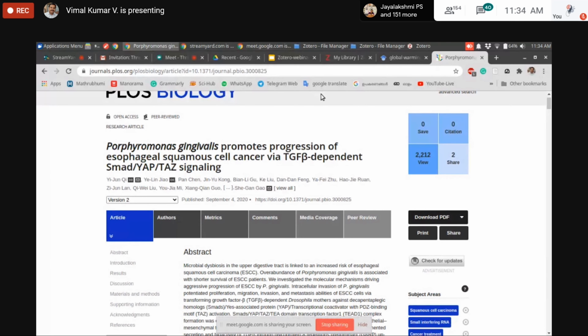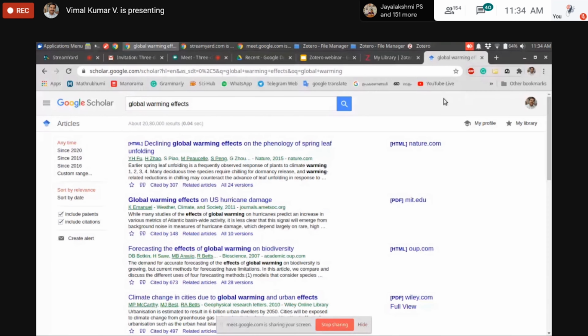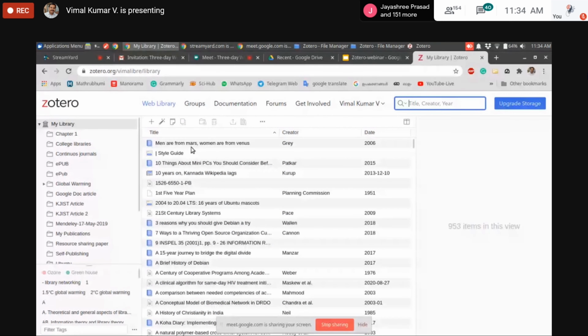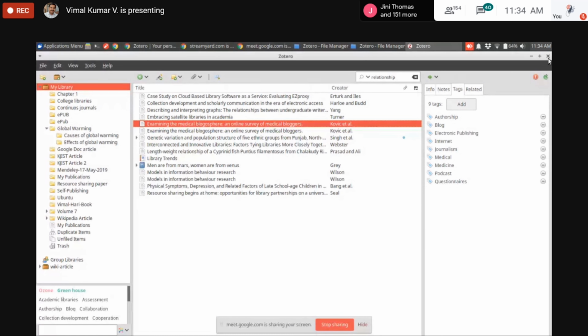The next thing we have to learn is to become familiar with the web interface of Zotero. In Zotero, after login, after entering the details of the articles or books, it will sync into Zotero cloud storage. One copy of the references is stored in Zotero cloud storage. Zotero offers 300 MB free cloud storage. It means you will get 300 MB, which is enough for any research scholar.